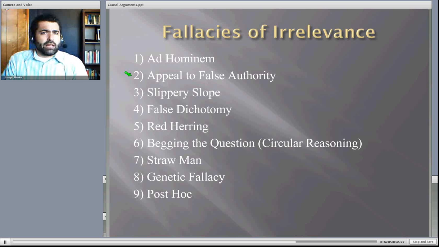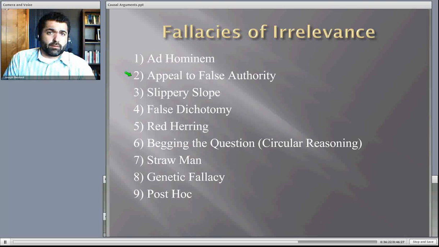Maybe we want to allow handguns for home protection, and we want to draw a line there and not allow the automatic weapons that are often used by criminals and others, where hunters don't need to use automatic weapons and home security doesn't need them. So we just draw a line. So we can take one step, draw a line, without falling all the way to the bottom.